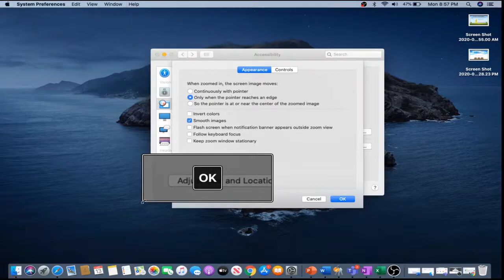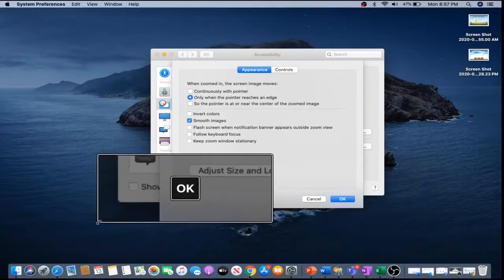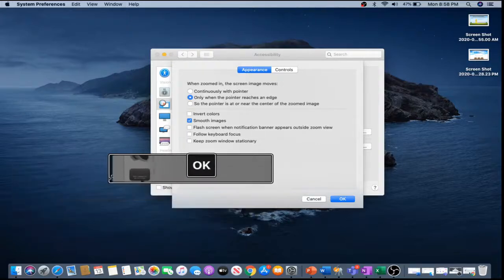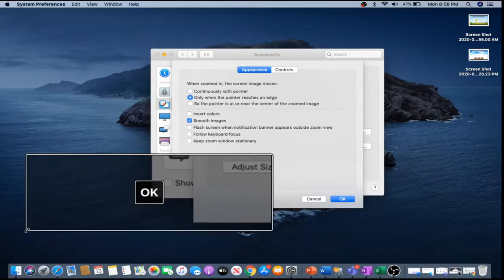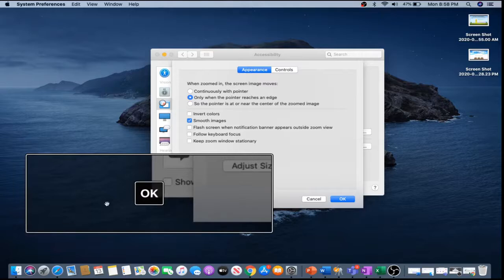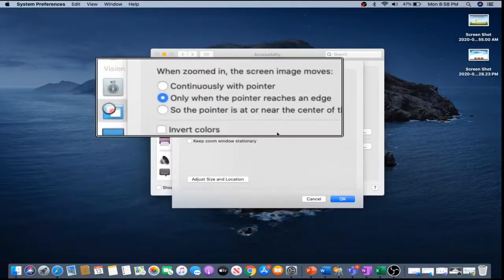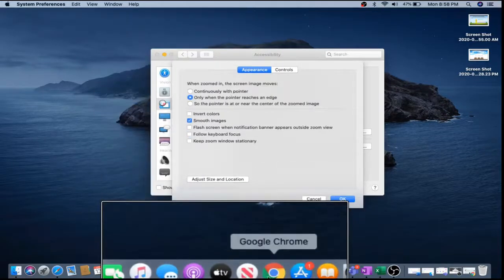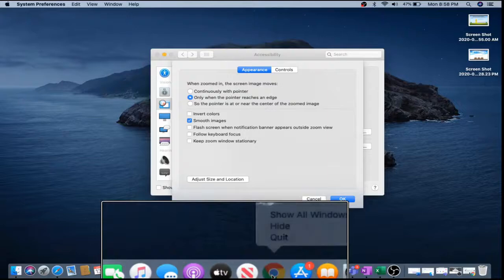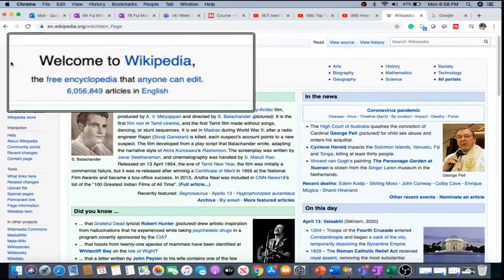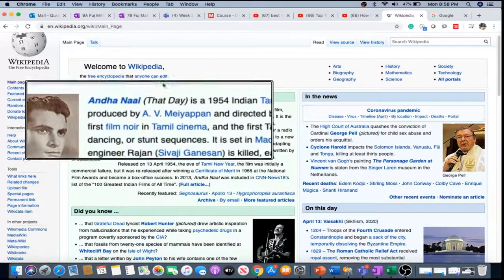After this you can drag it to a bigger size, depending on your requirement. I'll put it here and click OK. I am still pressing the control button. Now click on Google, and you can see we can easily read from a small distance. It's a very helpful tool.